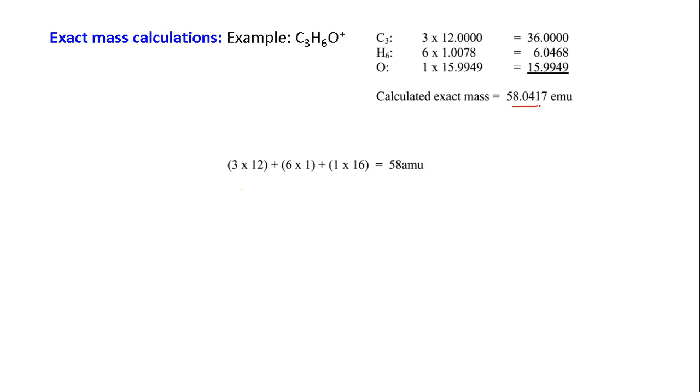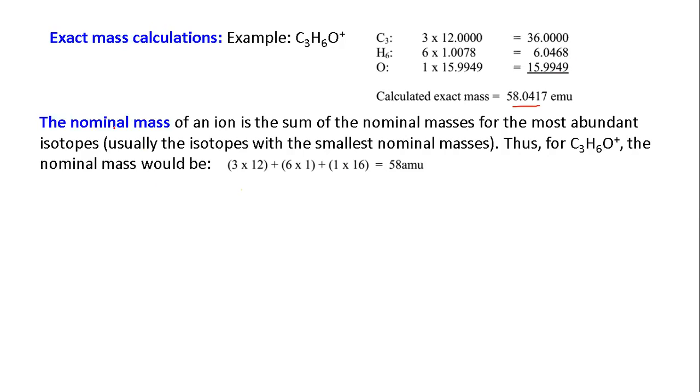We can have the value from the chart here. We can calculate the exact mass, and we can have the nominal mass. Nominal mass, we are not considering the values after the decimal point, just the integer value. Okay, so that we are considering, and we are getting here. So if you look, we are close enough. We have the decimal points, we have some other values.